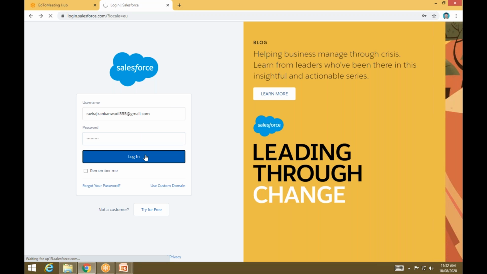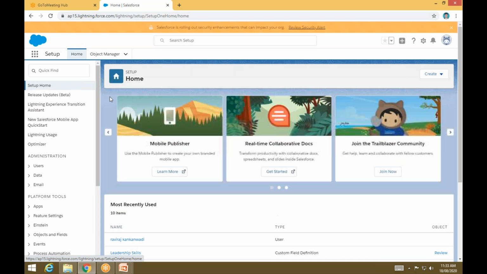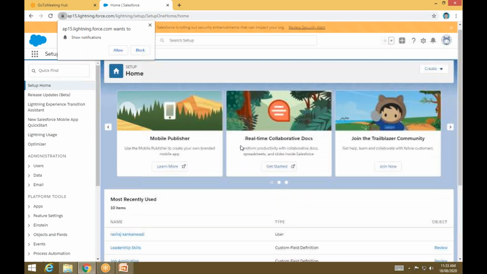If I click on the login, it will go to the login page. So this is the home page of salesforce.com.